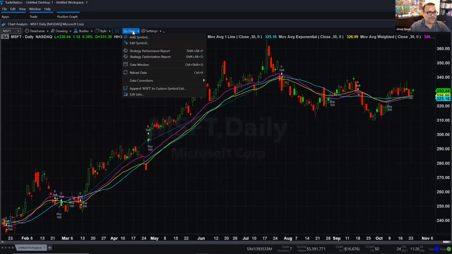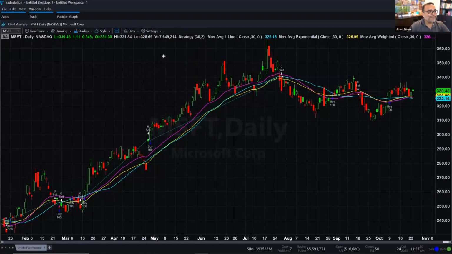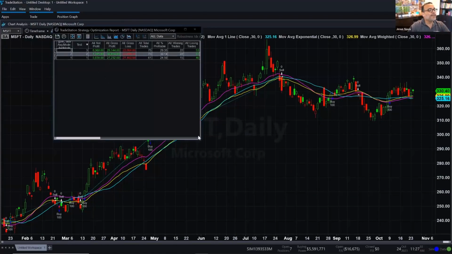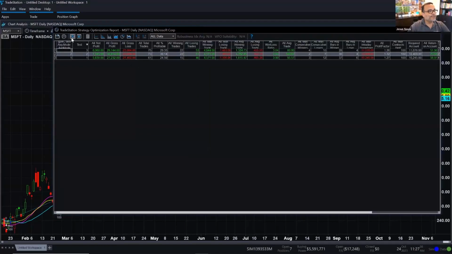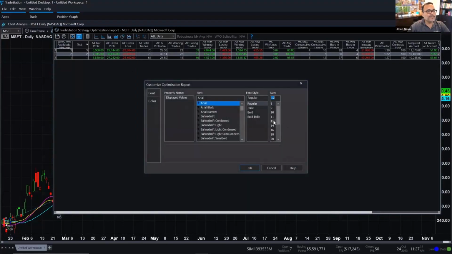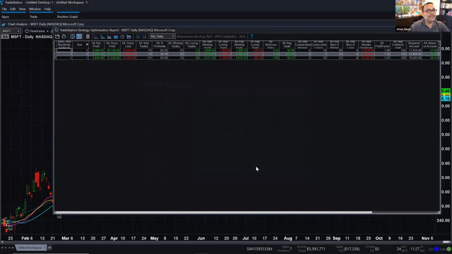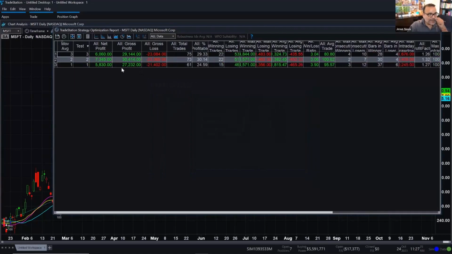And what did the strategy pick? Let's go ahead and see. I'm going to go to the strategy optimization report. Let me make the font here bigger. Let's go here to format, customize window. Let's make the data a 12. In here, we can see that the one that generated the best result, this is test number 2, using a 2 as the moving average. So it wasn't the simple moving average. It wasn't the weighted moving average. It was the exponential moving average that provided the best results, at least for